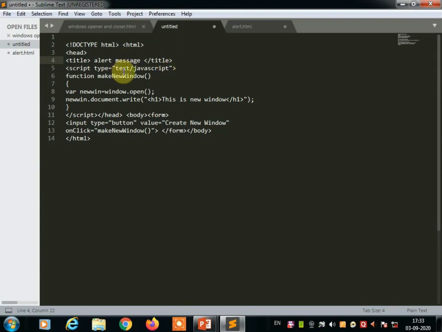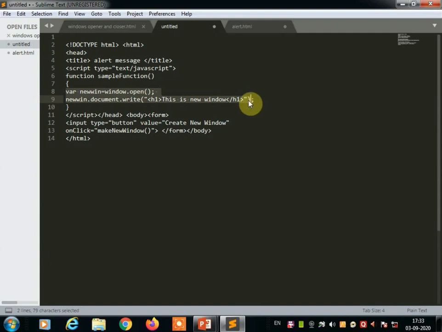Then the script type text/javascript will remain the same. The function I am going to use here is sample function, so I can write sample function. Now I'm going to use the first method, that is setTimeout.